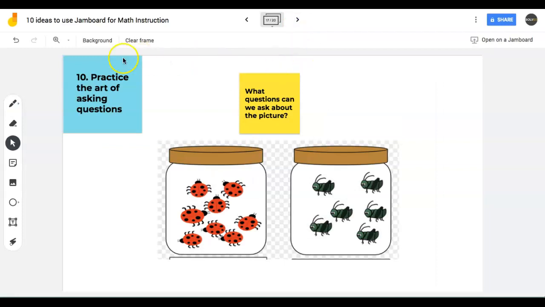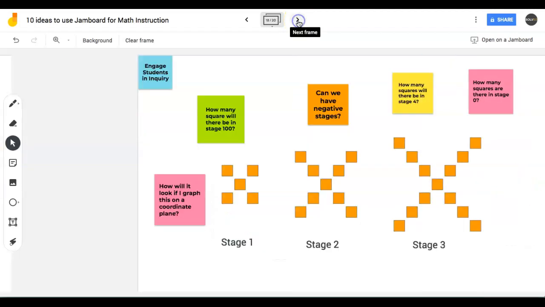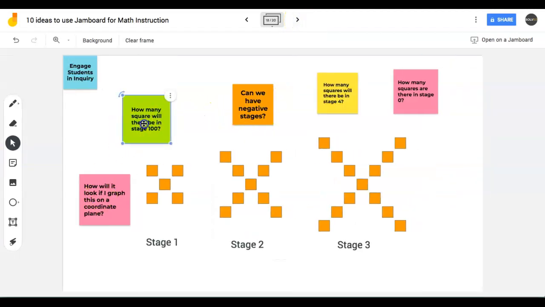Number 10, engage your students in the art of asking questions. Instead of asking the students to answer a question, you will ask them to pose questions that you could later answer in the unit together, or you could answer even within the lesson together. This could be done as a display, having a discussion with students, or you could have a collaborative slide where students are asking questions and posting them